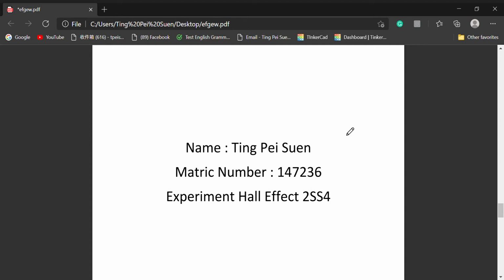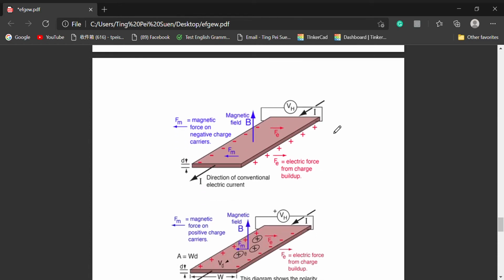In this video, I'm going to explain the theory of the Hall effect experiment. The Hall effect is the production of a voltage difference, which we call the Hall voltage, across a semiconductor, transverse to an electric current in the semiconductor and to an applied magnetic field perpendicular to the current. In this diagram, the current and the magnetic field are applied on a semiconductor and it will induce a